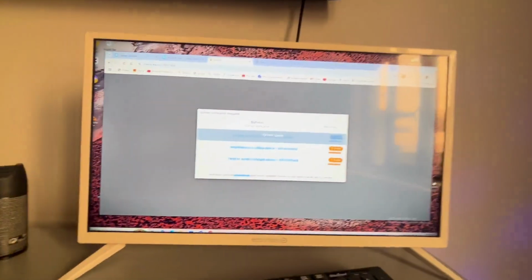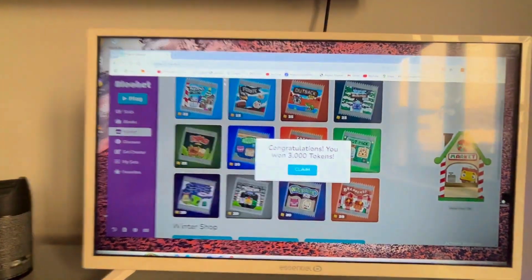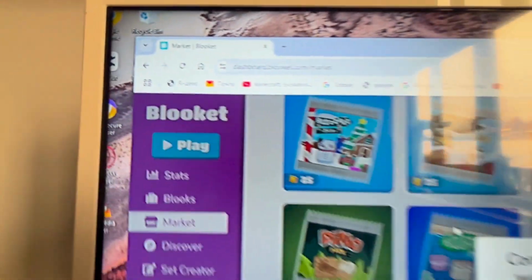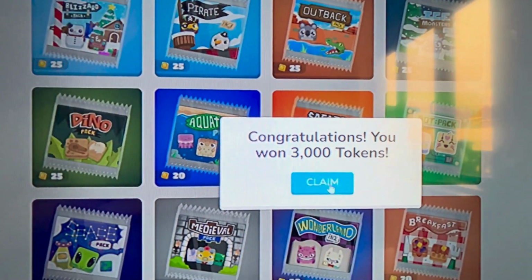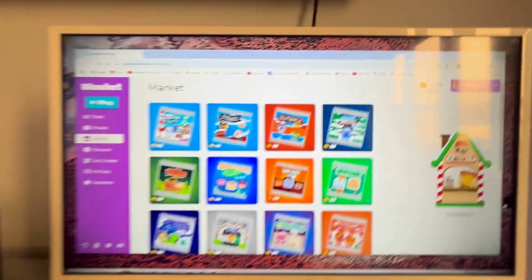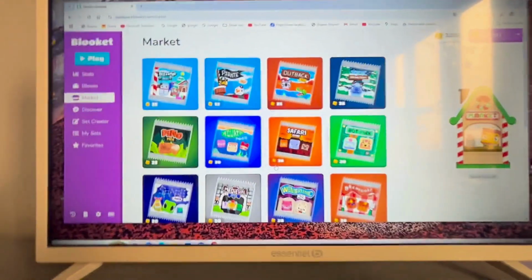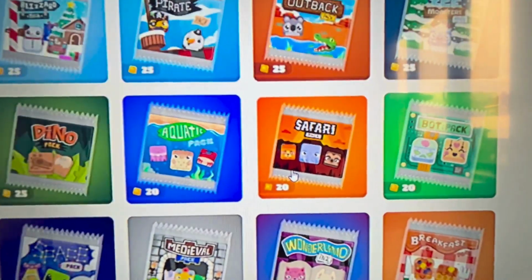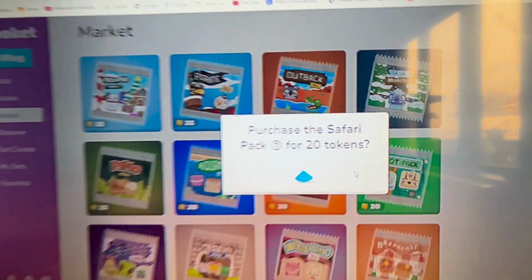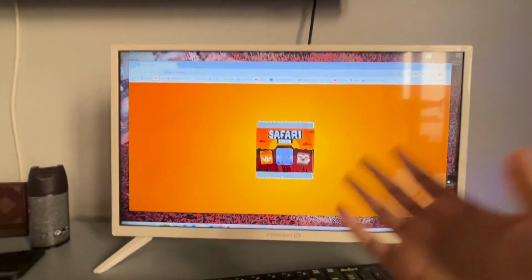Now you can close all pages. And as you can see I am on my Blooket page and congratulations, you won 3,000 tokens. I press claim. And now I have 3,000 tokens and 10 tokens in my Blooket account. I want to check this on buy one package. I buy this package. Yes. And as you can see guys, it works